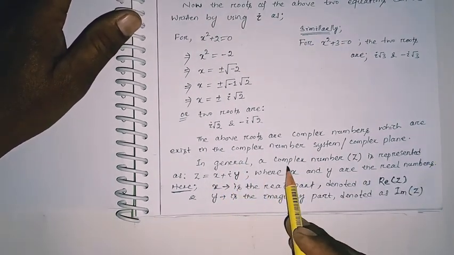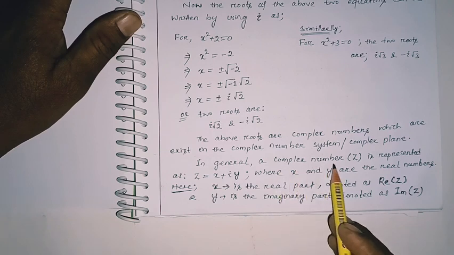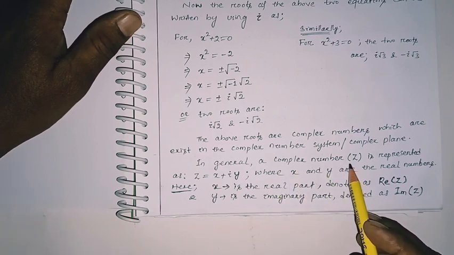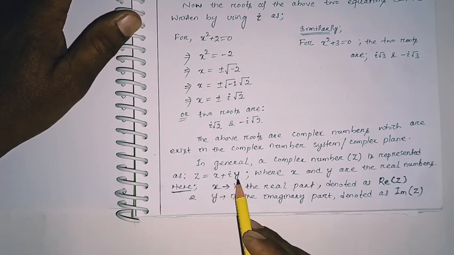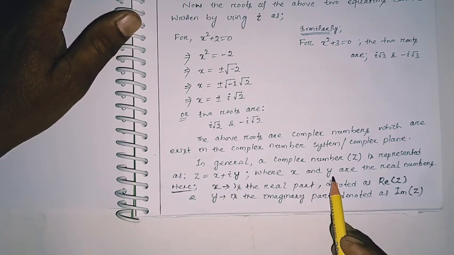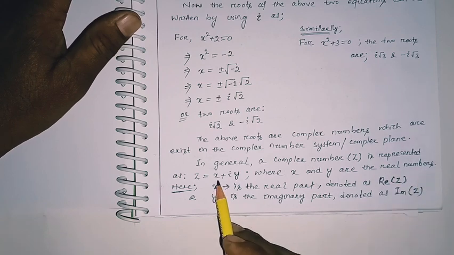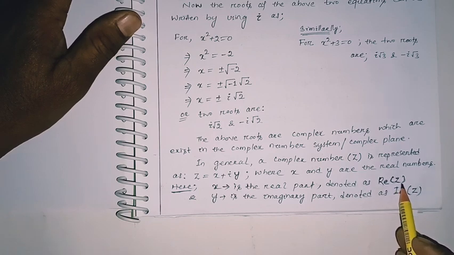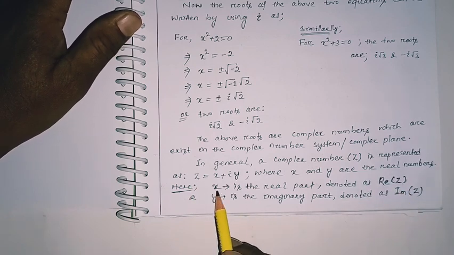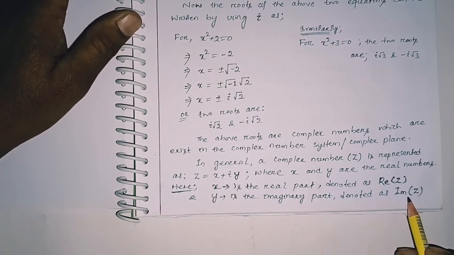In general, a complex number is represented as z, capital Z, equal to x plus i y. Here x and y are real numbers, and x is the real part, denoted by Re z of this complex number. This x is called the real part of this complex number, and y is called the imaginary part of this complex number, and in short it is written as